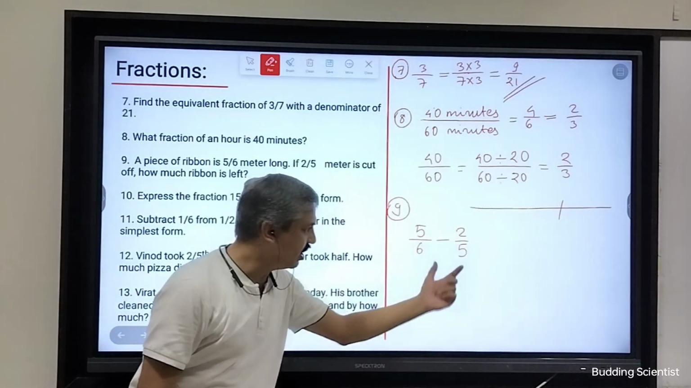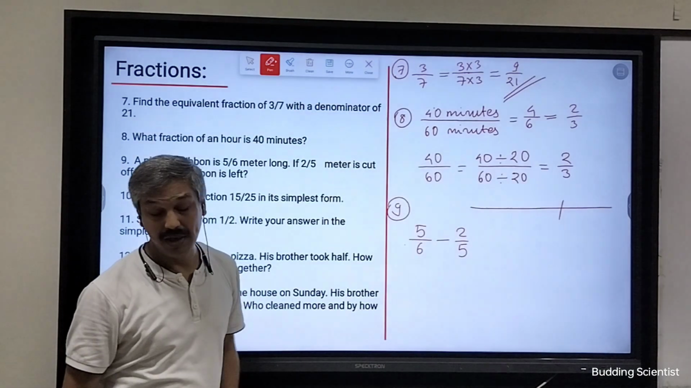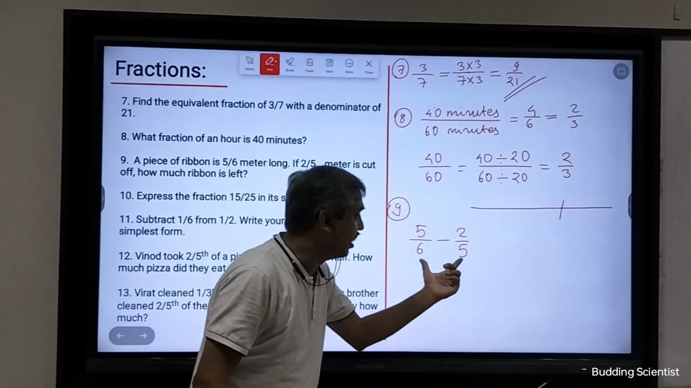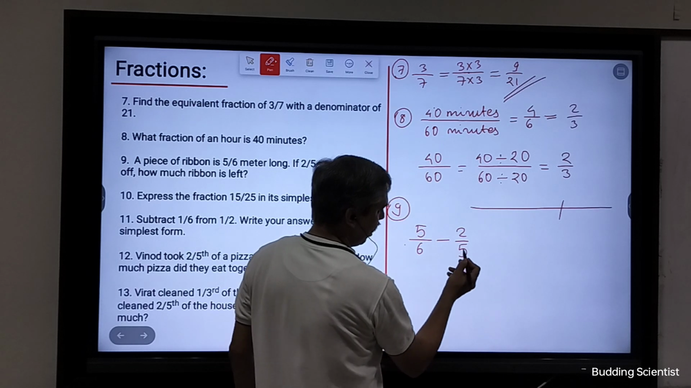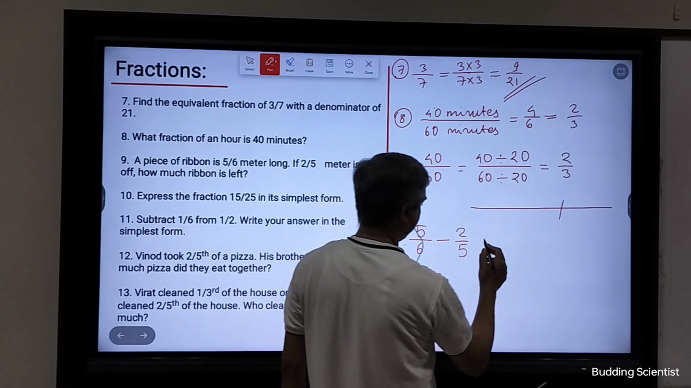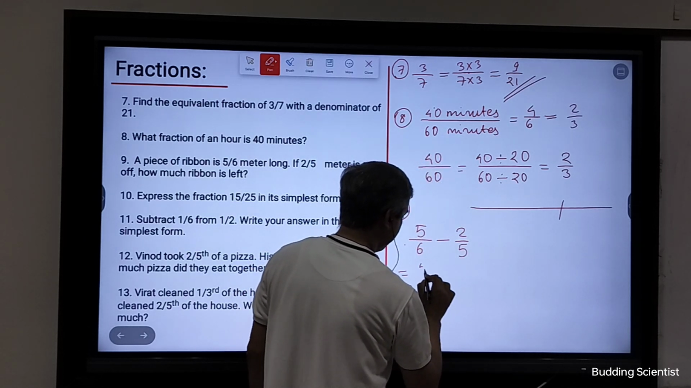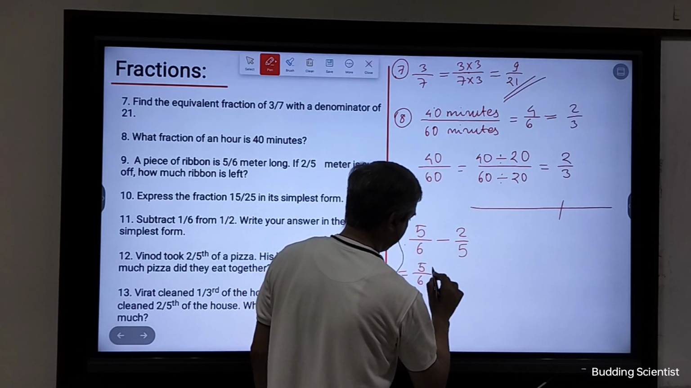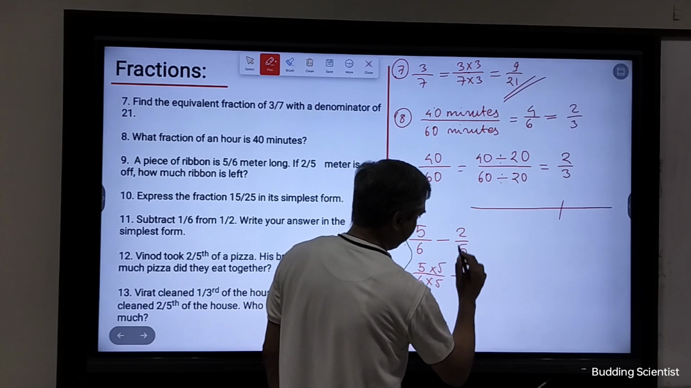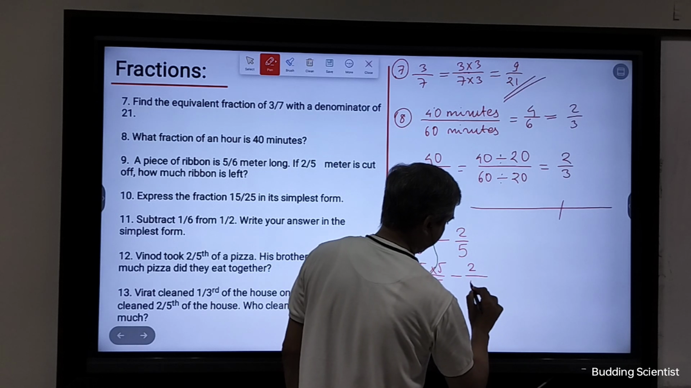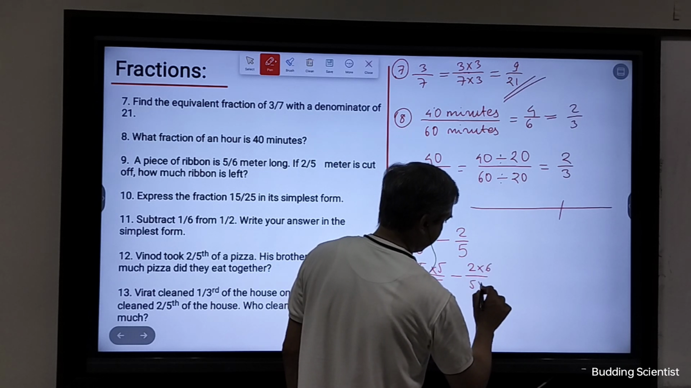LCM will be 30, for 6 and 5. So we'll have to make 30 here, multiply by 5. I'll have to make 30 here, multiply by 6. So this is equal to 5 by 6, here into 5, here also into 5, minus 2 by 5 into 6,